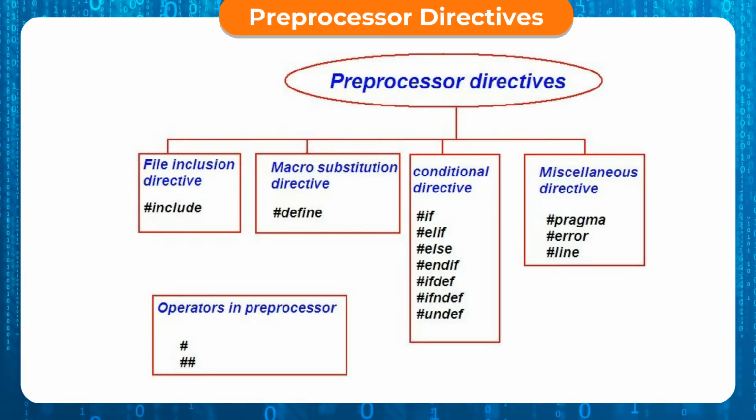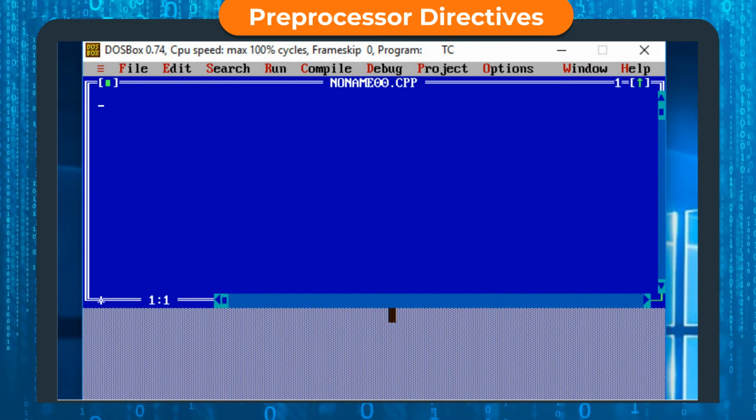Preprocessor directives. The first line of the program is #include within brackets iostream.h. It looks like a program statement, but in fact, it is not. It starts with a hash sign. It is known as a preprocessor directive. The preprocessor directive #include tells the compiler to insert another file into your source file, that is, an input or output file.